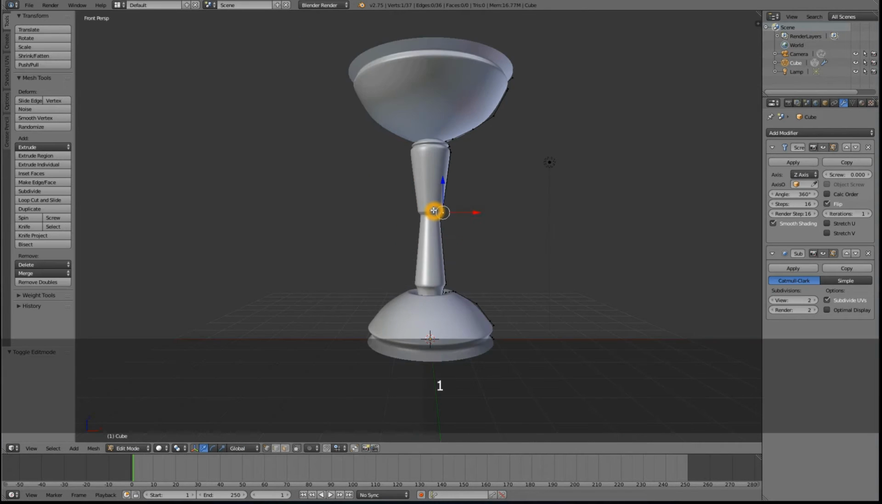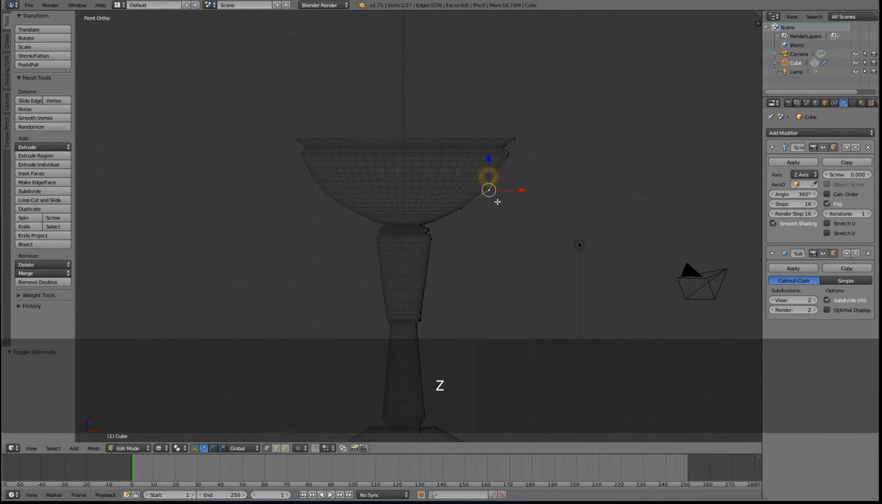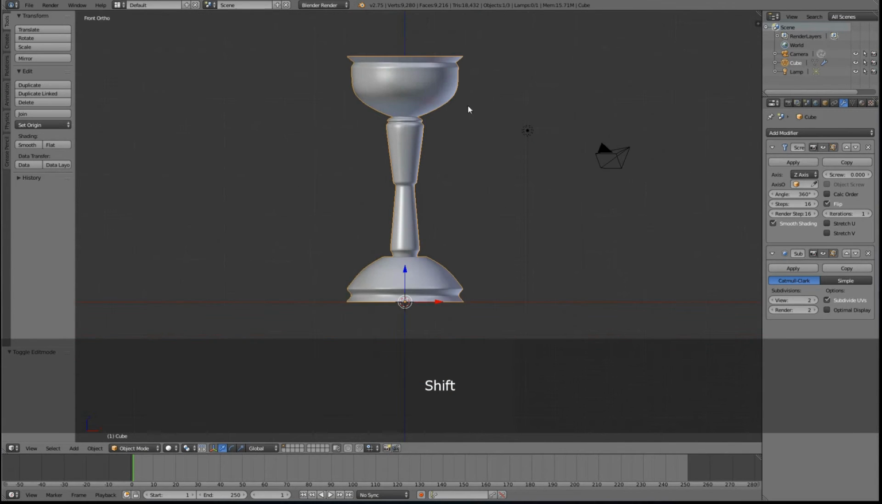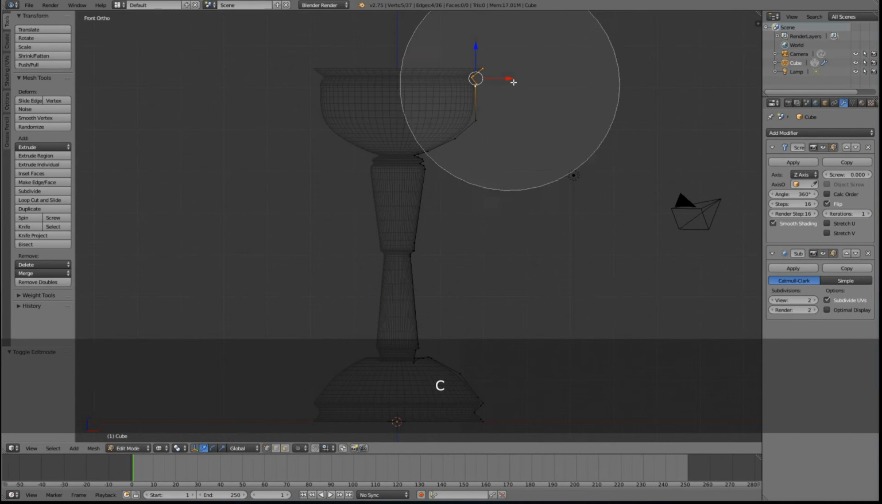Now I guess I should correct the top for a little bit. I want to make it rounder, just like that. Now when you have the outer shape the way you like it,